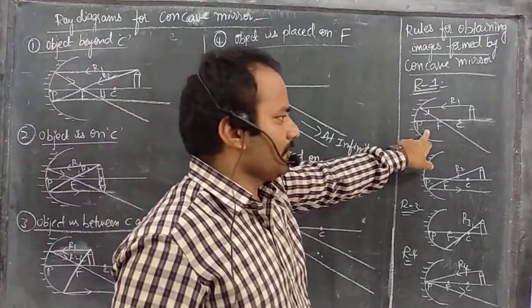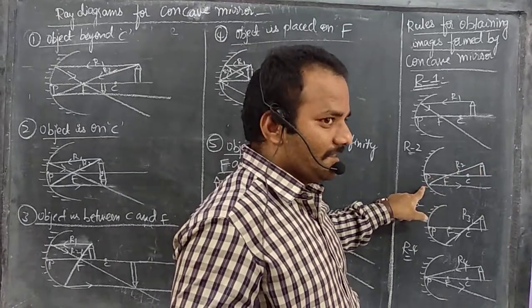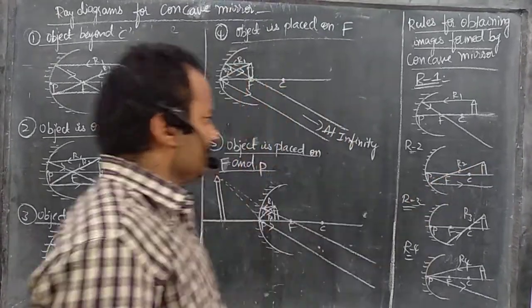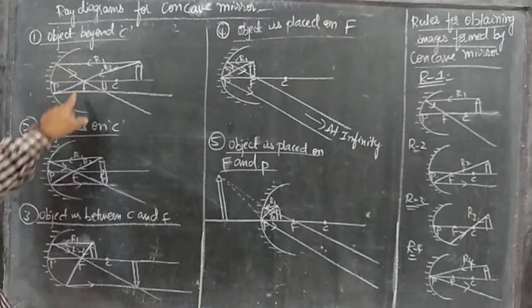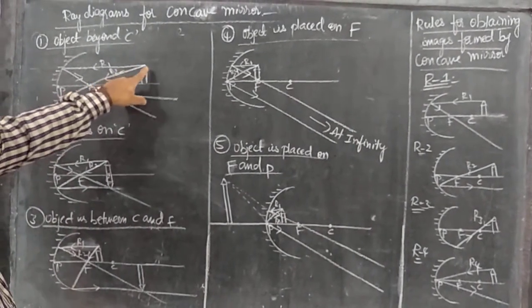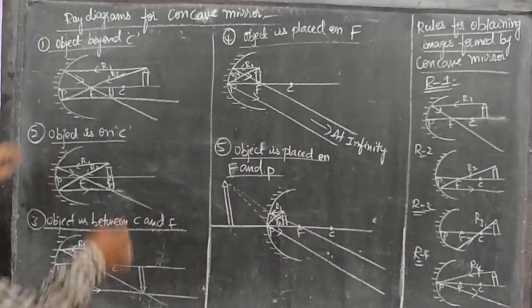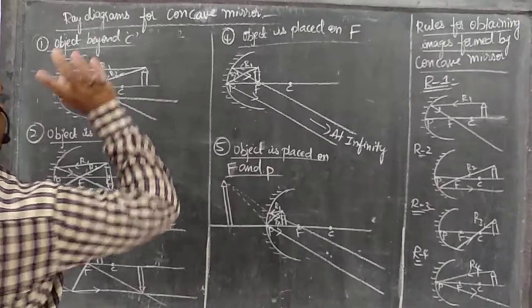So it is not possible with the help of only 1 rule. I should take 1 more rule to get the intersecting line. What is the second rule? The second rule is also clear to me, because the focus is clear. I can apply another rule from the tip of the object. See, the incident ray passes through the focus and the reflected ray is parallel to the principal axis.